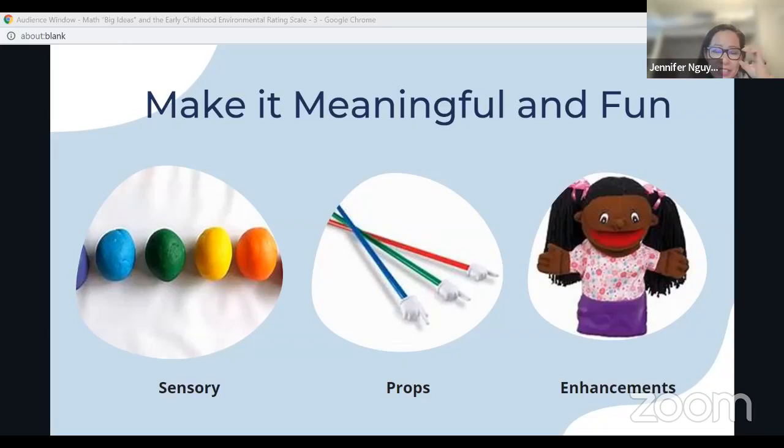Puppets are magical to young children. So I just call them enhancements because they do enhance any activity you're doing. Even if the puppet is just counting with the children or playing the game as the other participant, it just makes it more fun and more special. And it can create and enliven sometimes mundane math activities or math activities that might become mundane in the classroom.